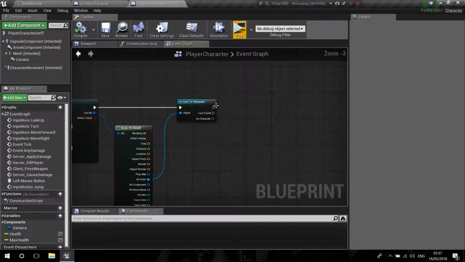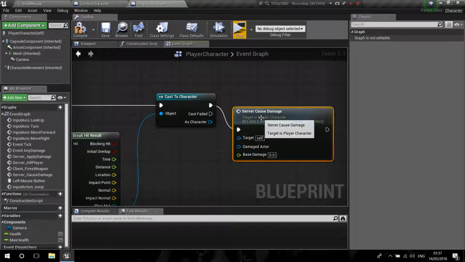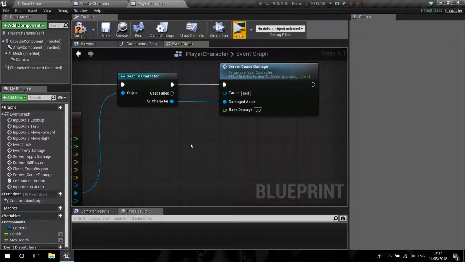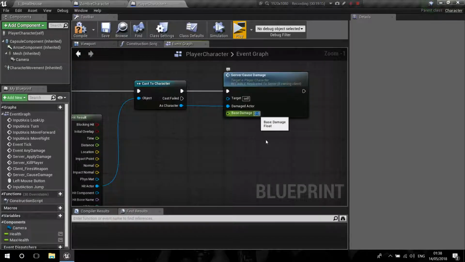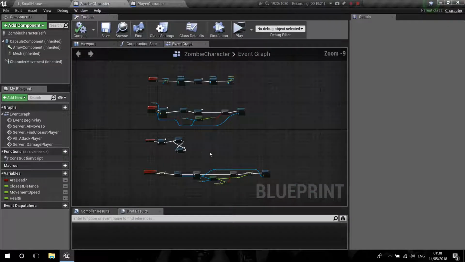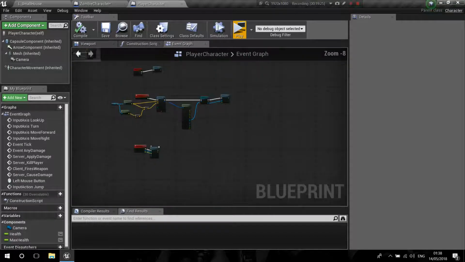So I'm going to over here call that event, so server cause damage. The damage actor is going to be this character, and the base damage is going to be however the damage is from our weapon. I'm gonna make that 50 for now, just to test. And then we're gonna go on our zombie character, and we're going to do the same thing. I'm actually going to go into the player character